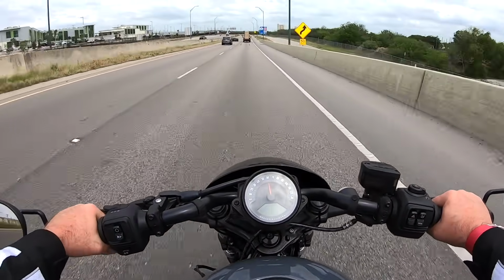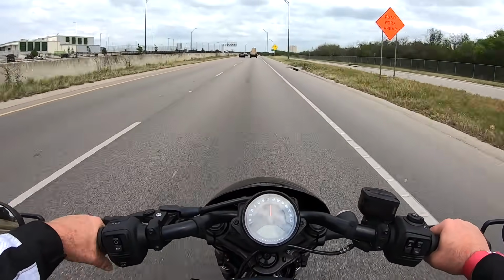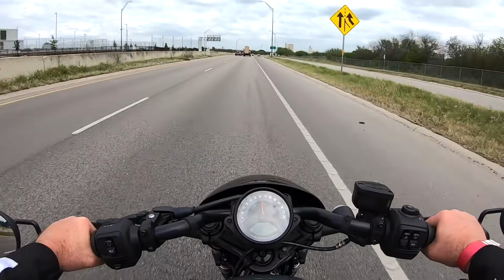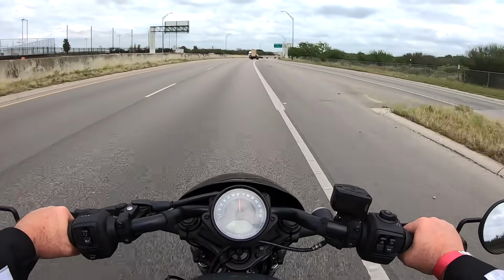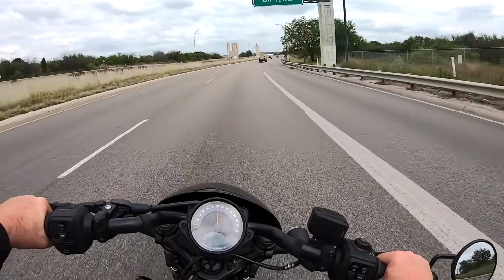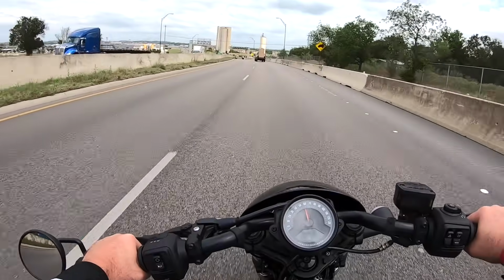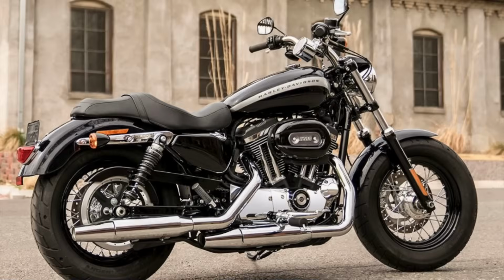And then the sport mode is just a beast. It's not a huge amount of difference than the road mode or your standard mode, but enough that you notice it. And this bike is just really sporty. It's got a lot of get up and go. Much more bike than the old Sportster 883. I think it's more bike than the 1200